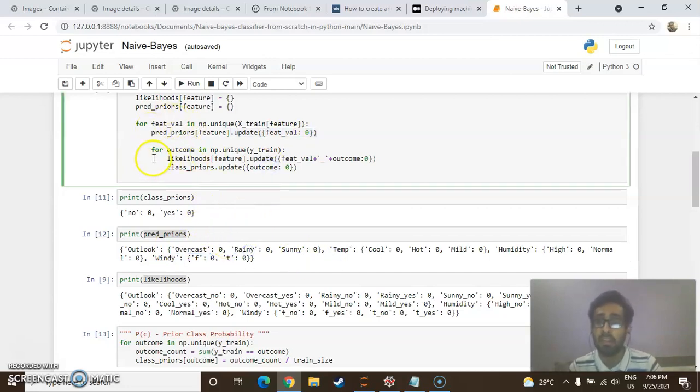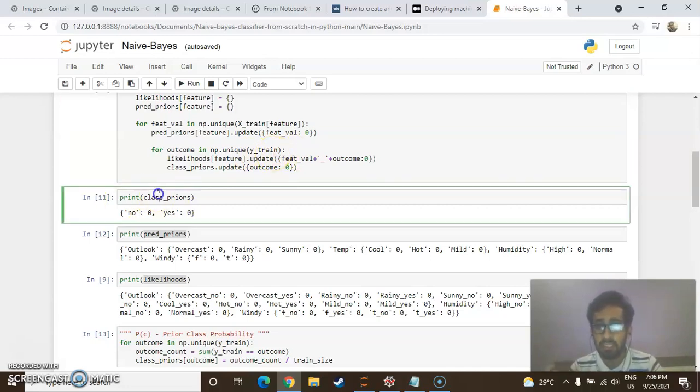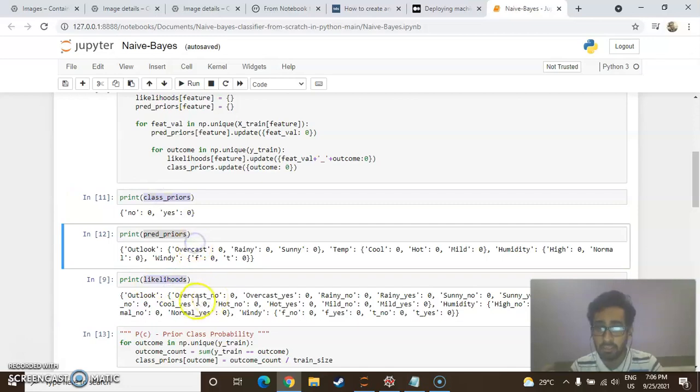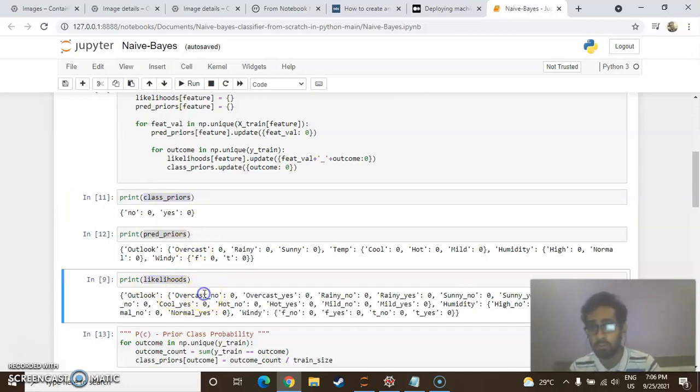Okay. Now for outcome in np.unique y_train, which has yes or no, we need these values in class priors and likelihoods. As you can see, we need, given no, what is the probability of overcast. So we need outcome values in class priors and likelihoods. Okay, so for outcome in np.unique y_train, likelihoods of feature